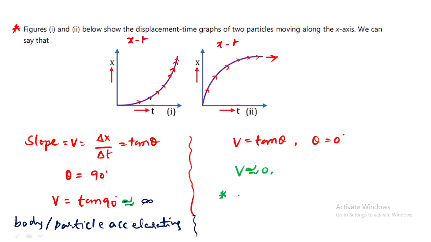So what is happening to the particle here? Retarding. This one is retardation. What is this one here? Accelerating. Retarding, after braking what happens, buddy? You apply brakes continuously. What happens to that body? It comes to rest. Finally, it will be at rest. So, retarding and then comes to rest. Are you getting my point? Here it is accelerating like anything. Here it is retarding and comes to rest. Clear? Any difficulty? Yes or no?